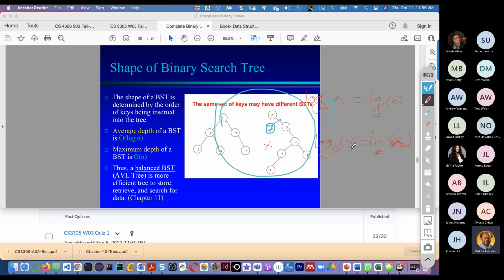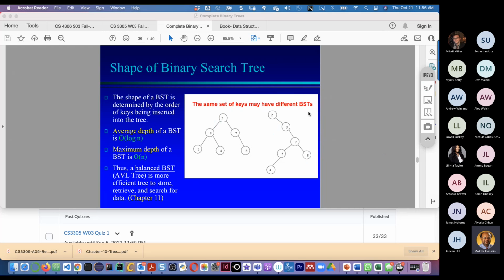Ln is natural. Okay. So we will discuss that. I shared the situation where the BST grows linearly. Okay, now.